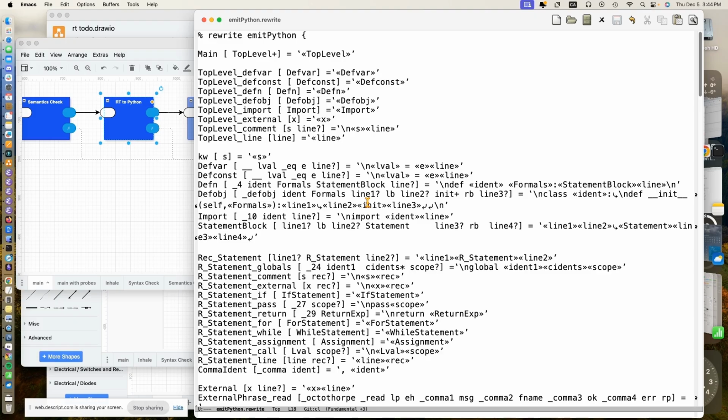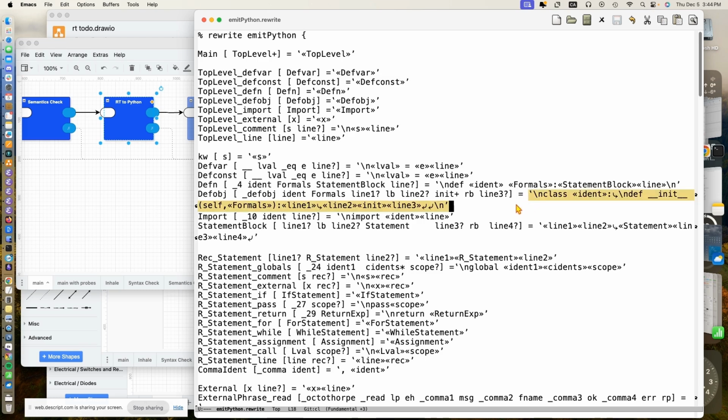This rewrite file is specific to creating Python output. There's a different one specific to creating Common Lisp output. And when we do future languages, there will be separate versions for those. This is just a basic rewrite. If we look at this, the interesting embellishment here is basically when we call def_obj with these parameters, the rewrite